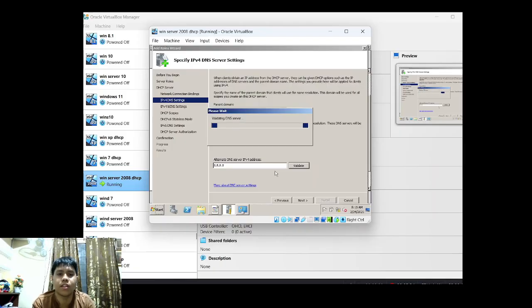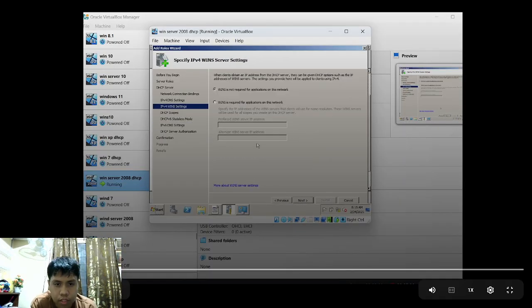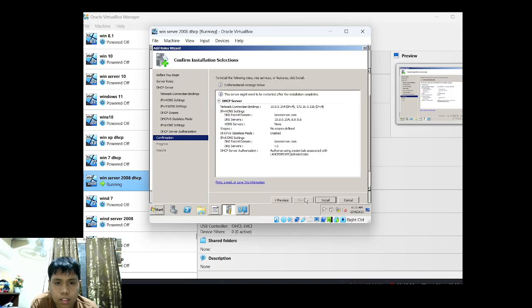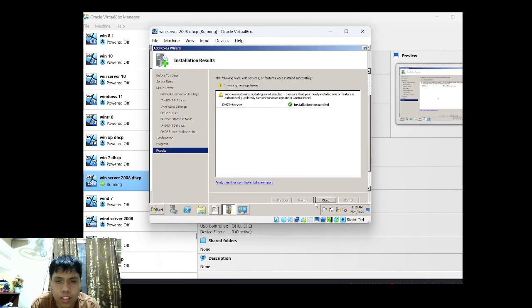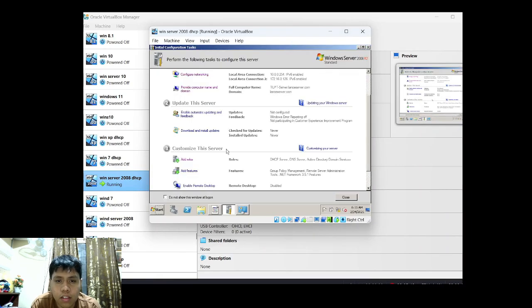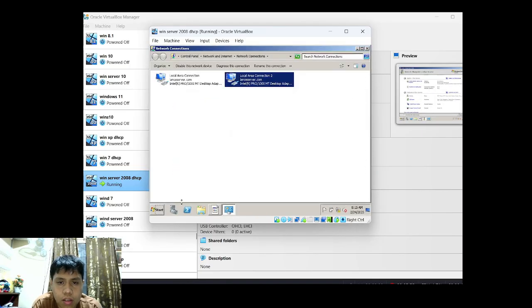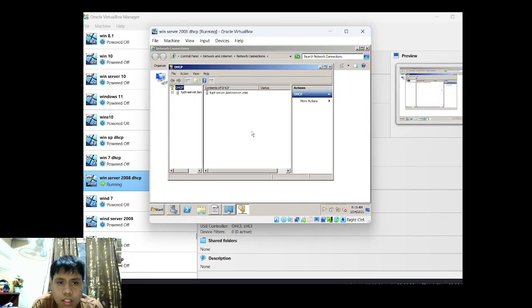Just need to wait here for the validating. Then next, just next here. Then just wait. Then close. After you add roles, what you will do now is close this. Then administrative tools, DHCP, then the IP, and